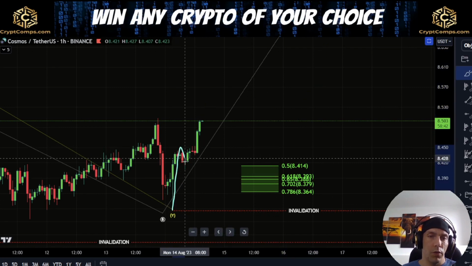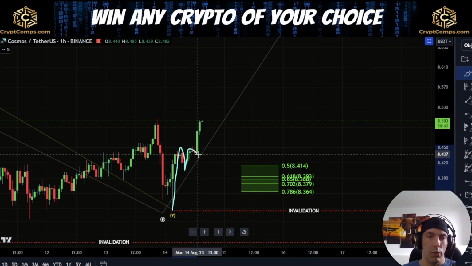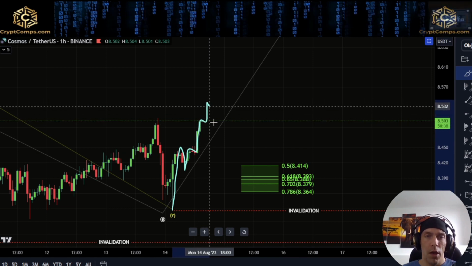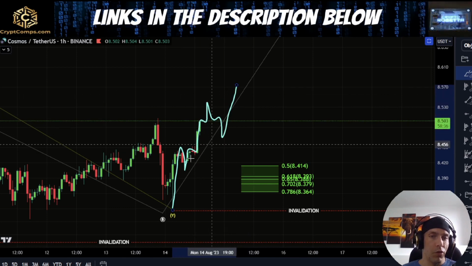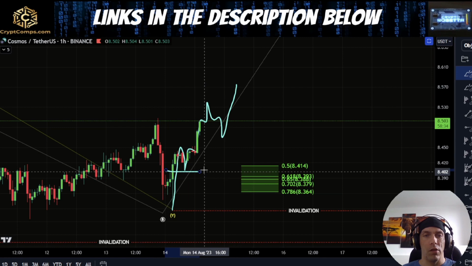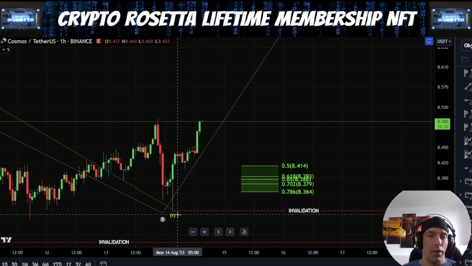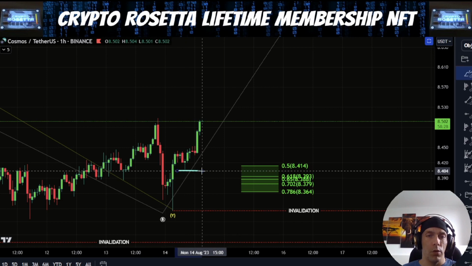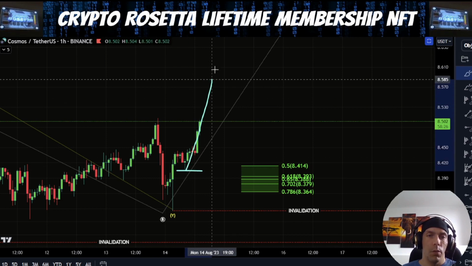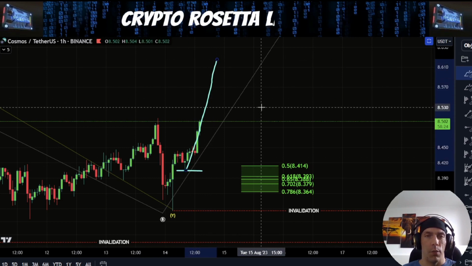Alternatively, it is also possible this could become 1, 2. We have this as 1, 2, 3, 4, and 5. We see a smaller wave 2, and we just don't actually come back down below these lows and look to push up directly. So I'm going to also be keeping an eye on that idea here, that if we fail to actually break these lows here,